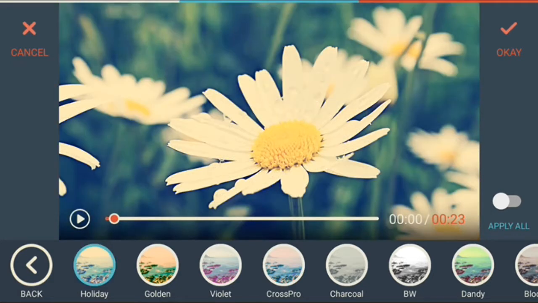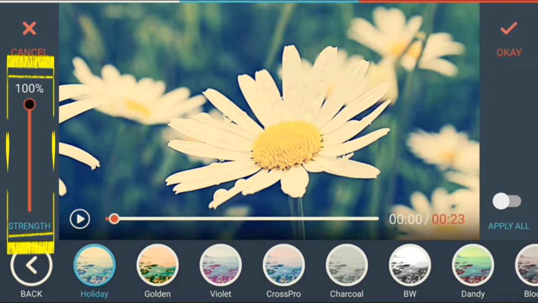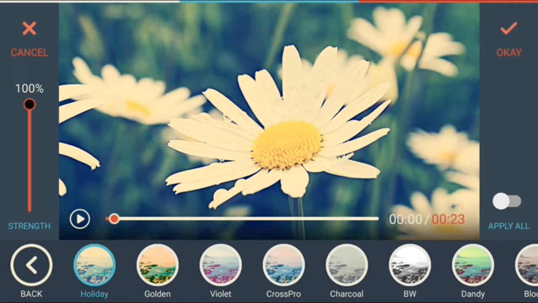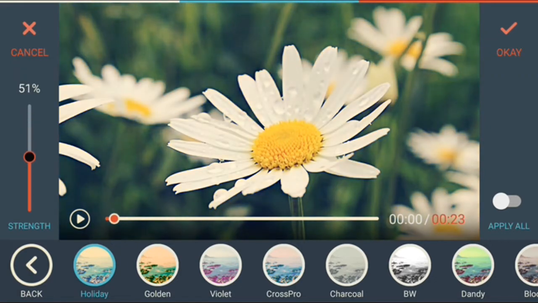Now I will apply holiday. This is the holiday filter applied onto this video clip, and the strength of this filter is indicated at the left side of the screen. Now it is shown 100%. We can adjust this filter strength by sliding this slider, and you may notice that the video clip is adjusted or altered to the filter strength.